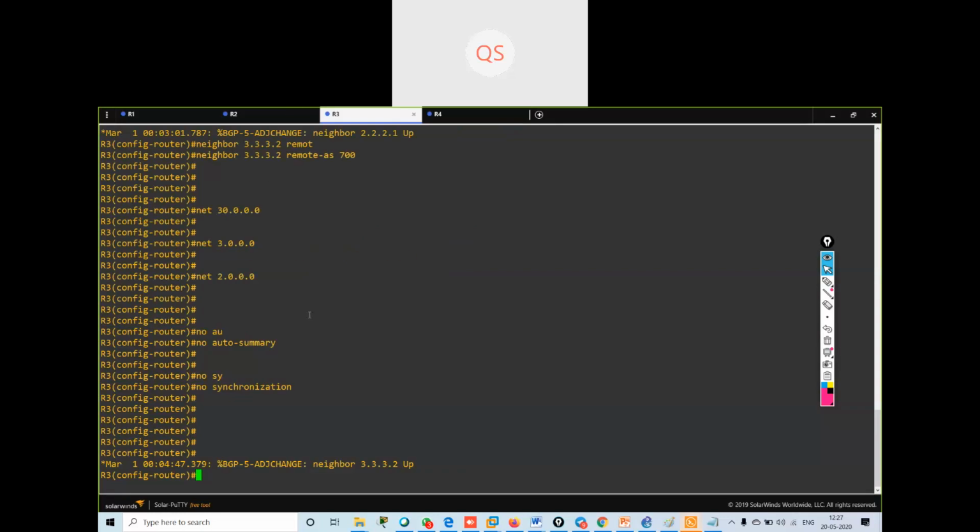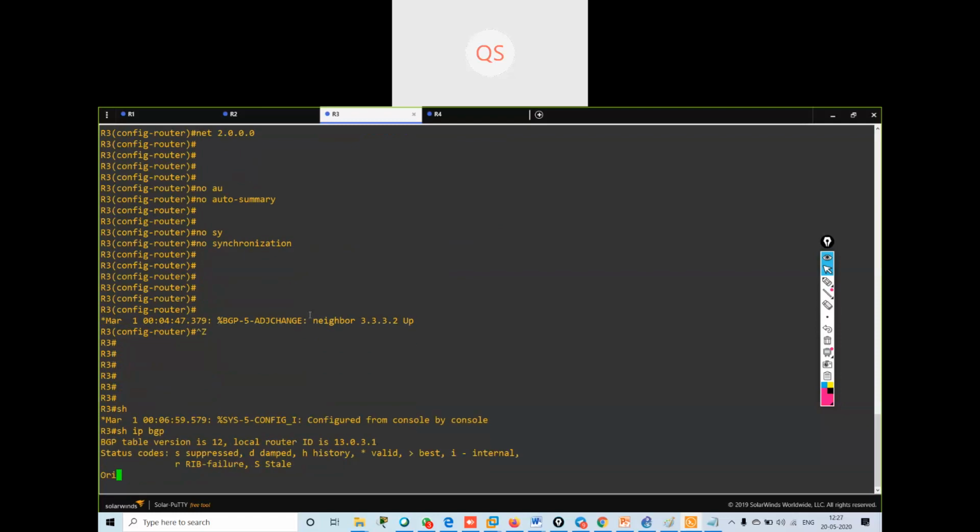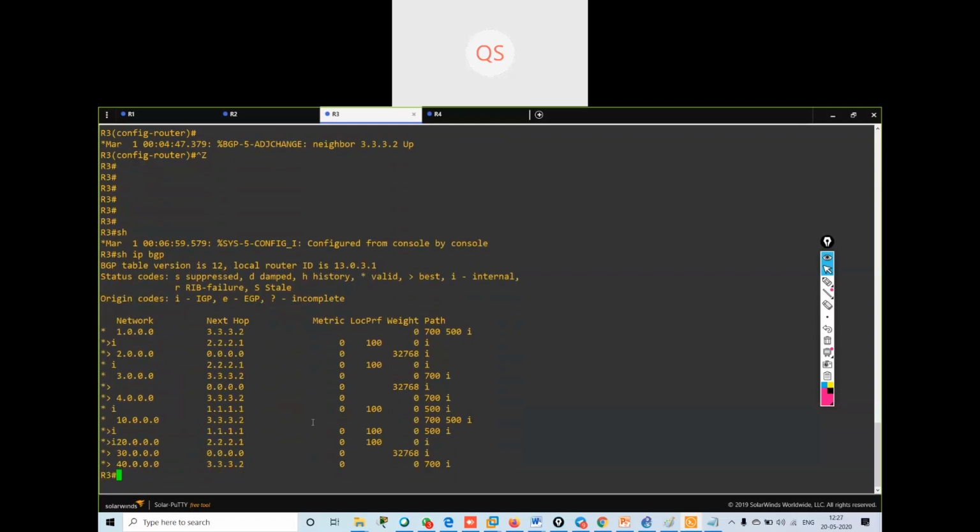If I go on R3 and verify show ip bgp, see the 10 dot network and the 1 dot network I'm getting over here. This is my best route.